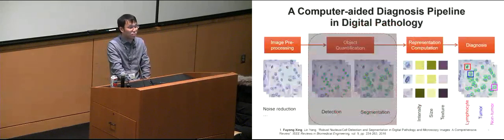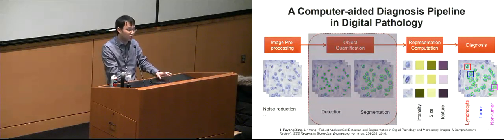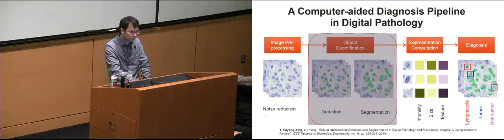This is one of the typical pipelines in digital pathology for the diagnosis. We have the image, probably we do some image pre-processing, and then we quantify all the items: the cell counting, detection, segmentation, as well as maybe the tracking as well. Then, based on this quantification, we can calculate the features or representations. And based on this kind of quantified biomarker, we can do the diagnosis. And we'll first talk about the object detection.